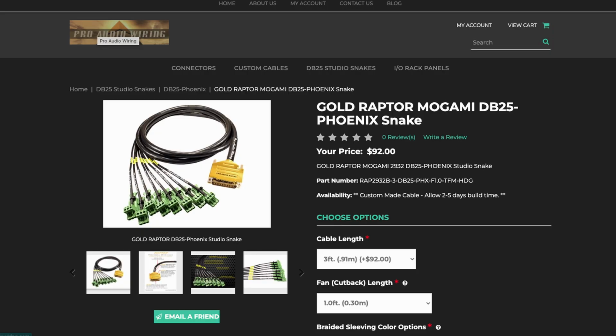So let's say you have a 16-channel audio interface and you have 2 DB25 connectors. You can actually buy a custom Mogami DB25 to 8 Phoenix channels cable that plugs into the back of the Q-SYS interface. I'll have the link in the description below. That's complex, but this is what you would need in order to convert XLR audio into these specialty